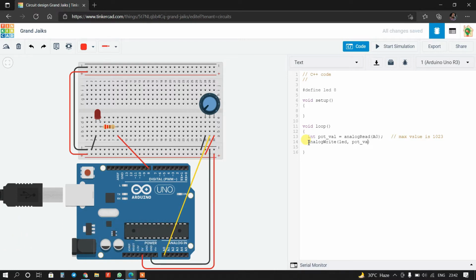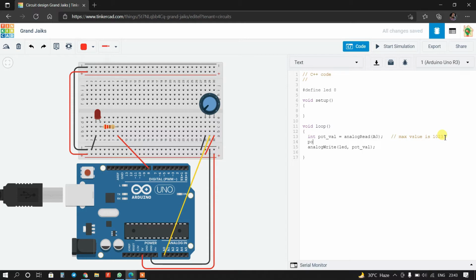Okay, right. So in this case, if potentiometer value will increase, so brightness will increase, but maximum value of potentiometer will be 1023. LED required only 255. So I will map here its value.